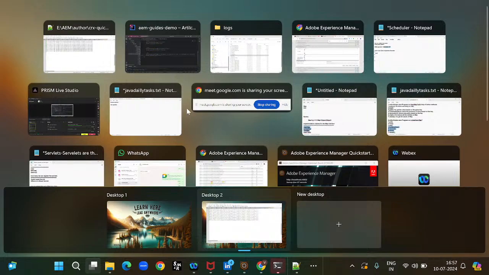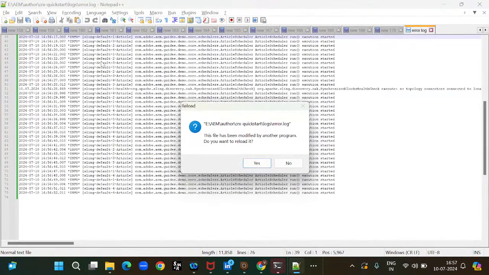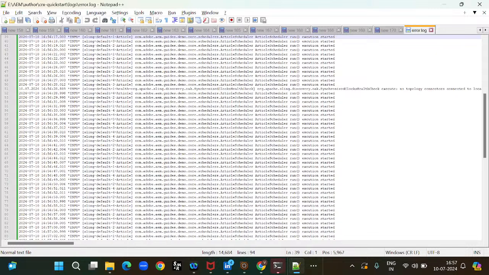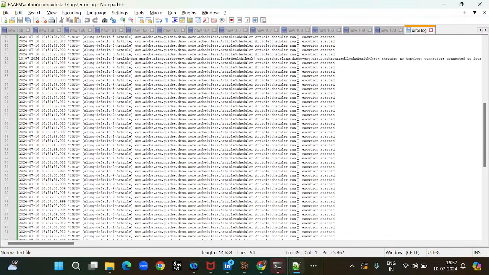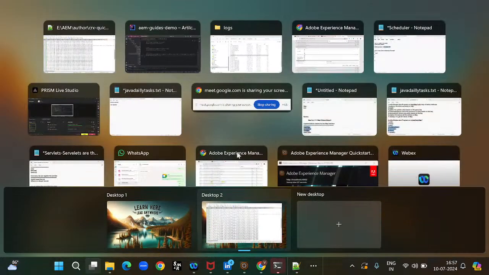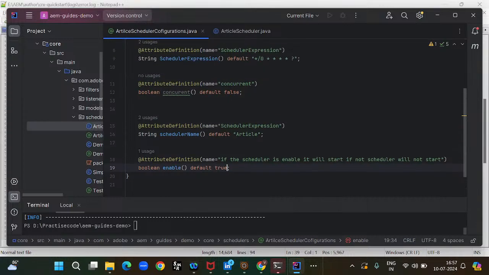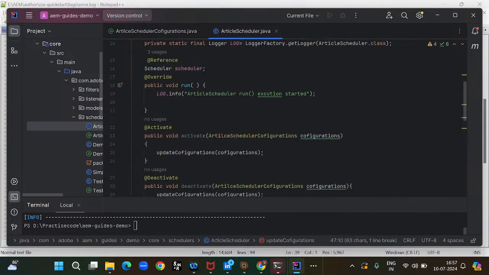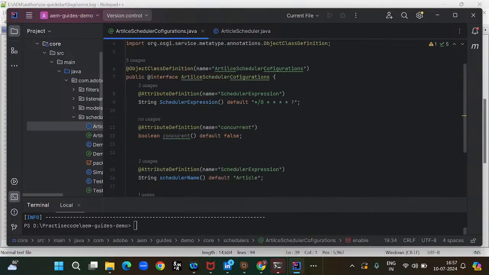So this is all about scheduler, guys. Scheduler is also a very important topic. A scheduler is used to run a piece of code at regular interval times, where we have the Runnable interface, we can override the run method and we can write the scheduler. So now what you guys will do, we can take a screenshot of this one and this one,